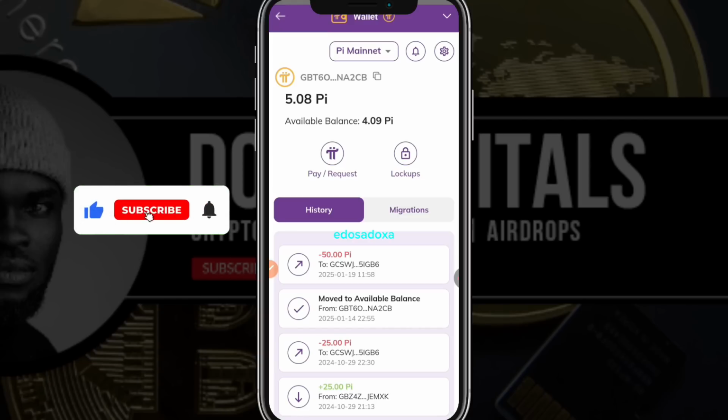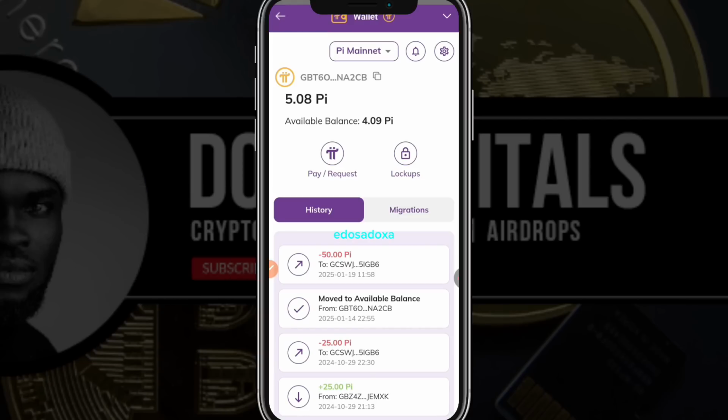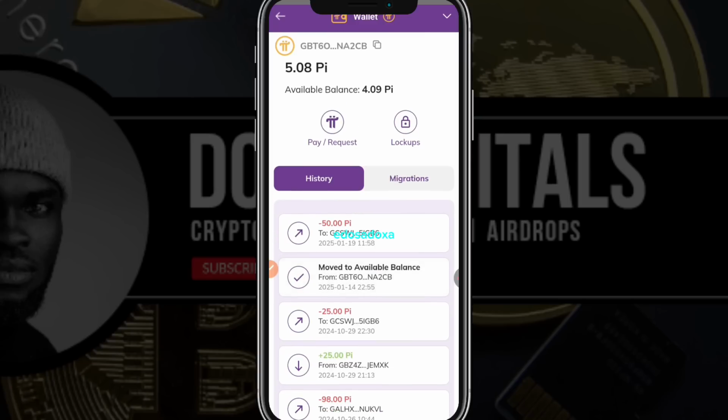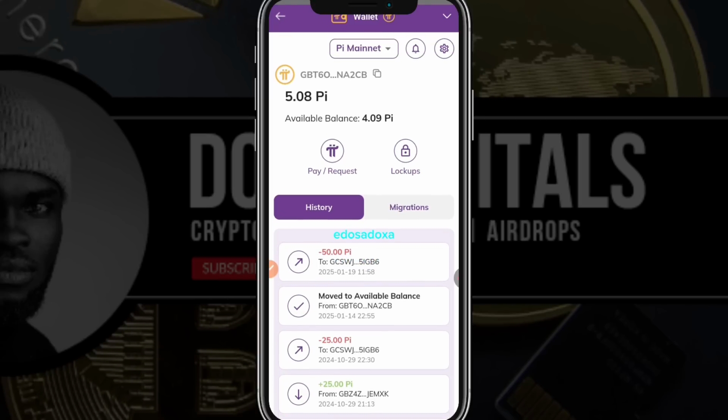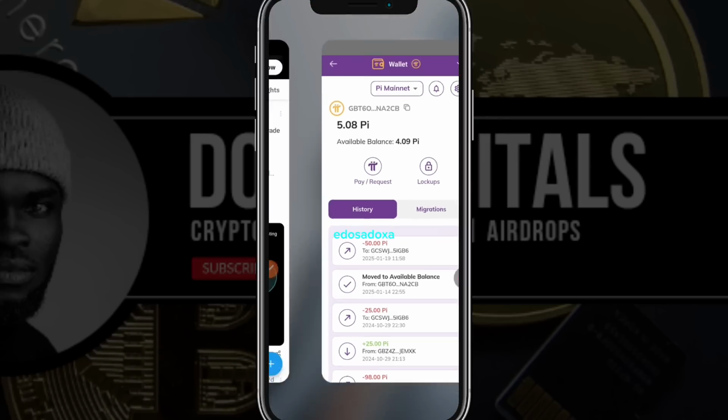For me, I only have 4 Pi in my Pi browser because I transacted Pi before mainnet, doing a lot of transactions and all of that. So for the purpose of this video, with the available Pi that I have, I'm going to show you how you can move it. After you have entered your Pi wallet with your passphrase, the next thing you want to do is go straight down to